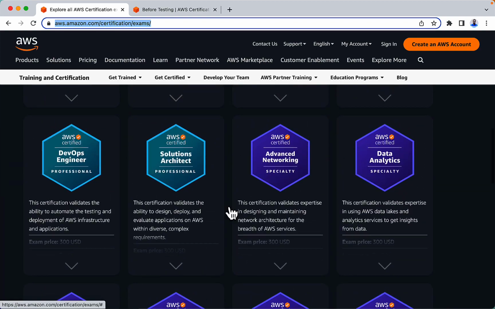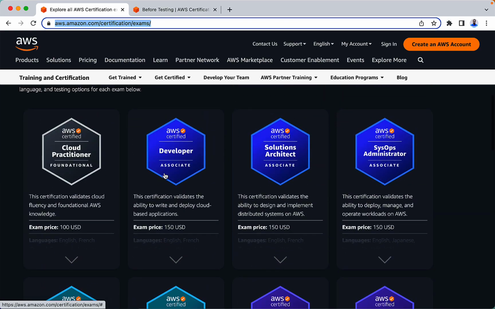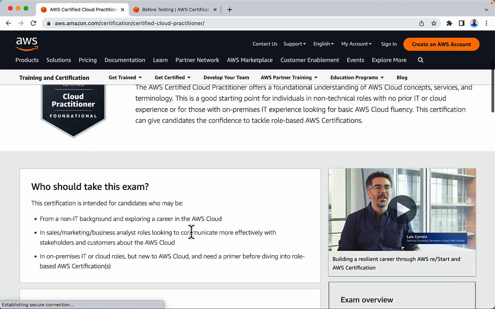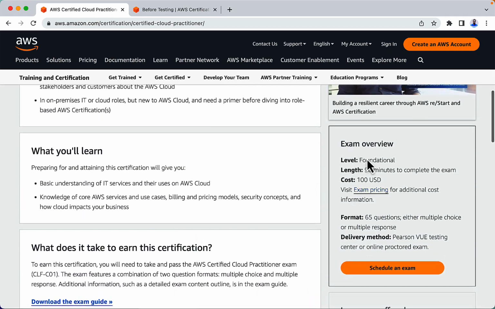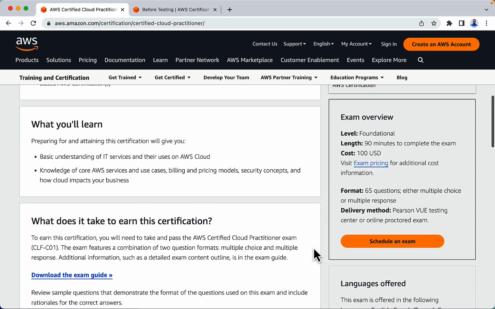So this includes all the specialty, professional, as well as the foundational and associate. If you click on each and every certificate, you will be redirected to that specific certification, and they have given the complete details here. How many minutes each exam is, what level of the exam you are taking up, is that foundational, associate, or is that specialty, how many questions are there, and what is the delivery method, and what is the cost of